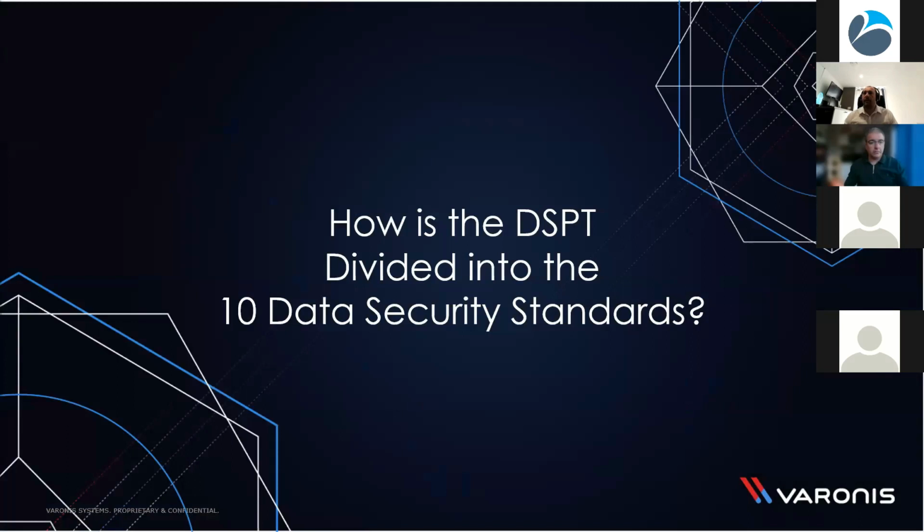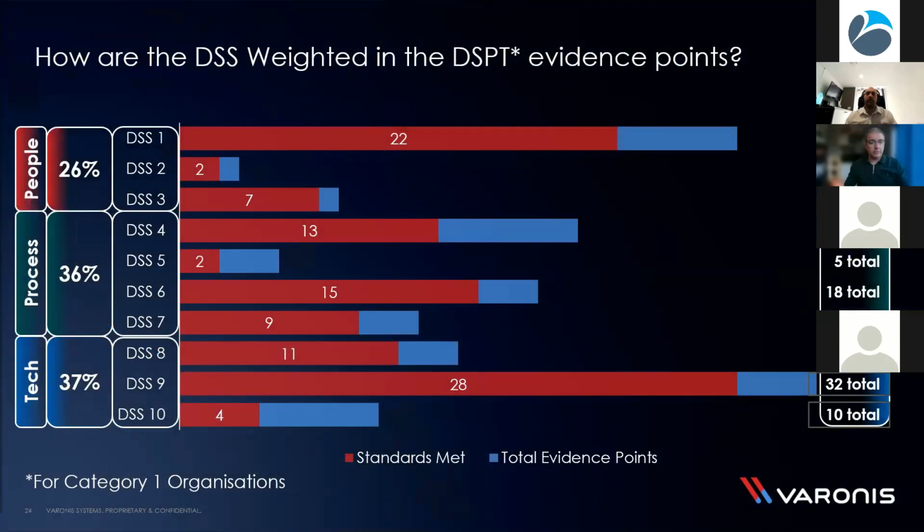So how is it divided and how is it split up? Obviously we know we've got these 3 categories: people, processes, and technology, and the weighting there as well. So 26% of the evidence points required are from people, 36% in processes, and the remaining 37% sits within technology. The red horizontal bars indicate the number of evidence points that you need to obtain within that